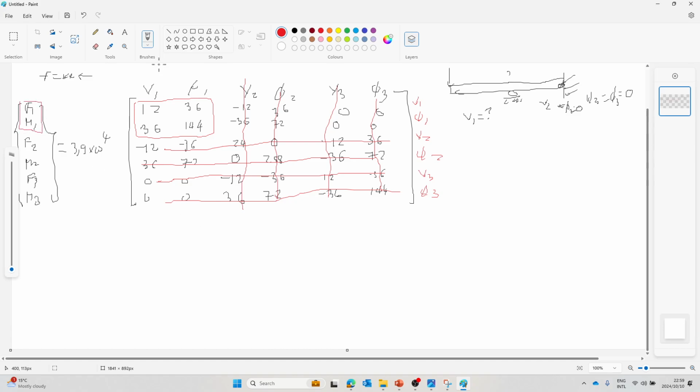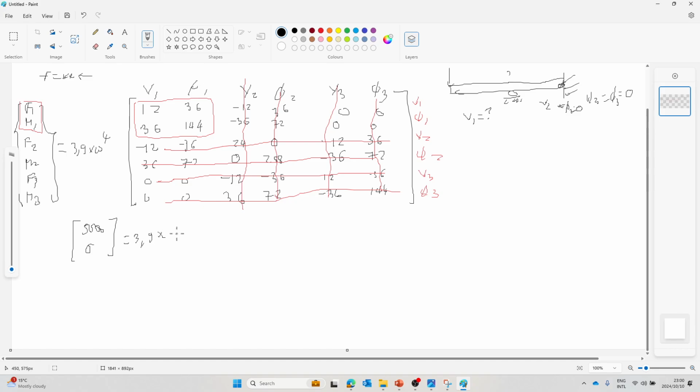That's one of the reasons, if you have to solve this, we will be having F1. If you remember, F1 was given to you as 5 kilonewton, so you can replace the F1 here by 5 kilonewton. What is 5 kilonewton? It is 5,000. Do you have any information about M1? No. So in that case, M1 is 0. It's not provided to you. So this is what you would be having: